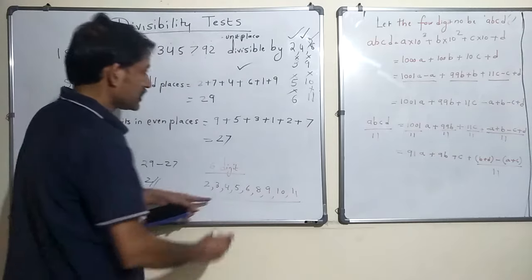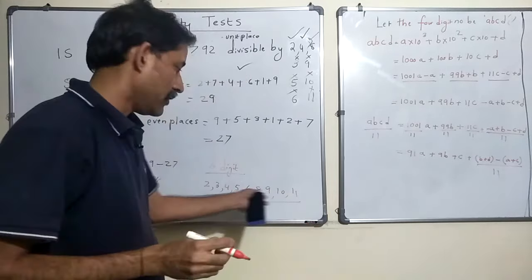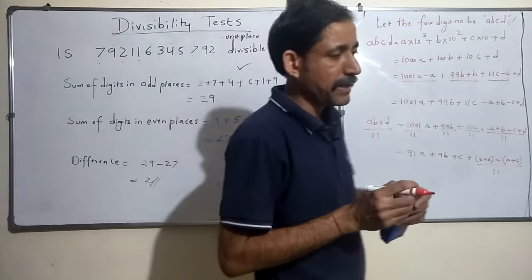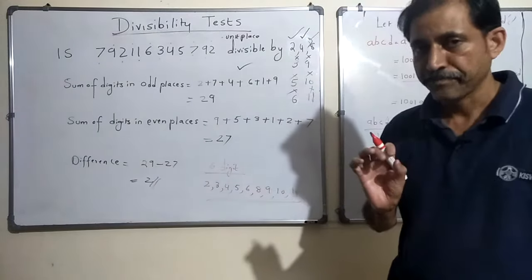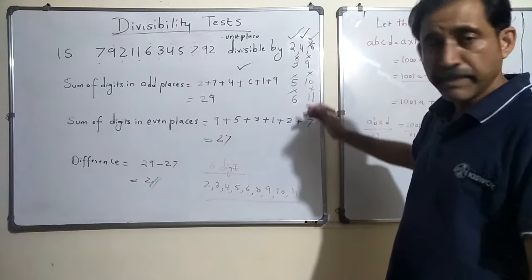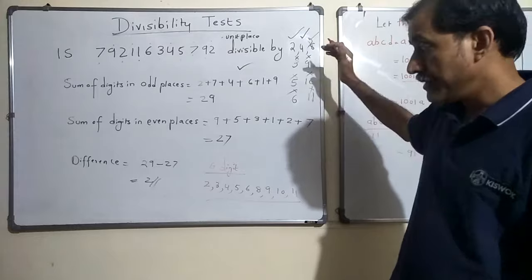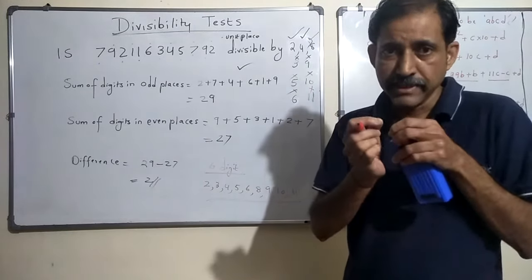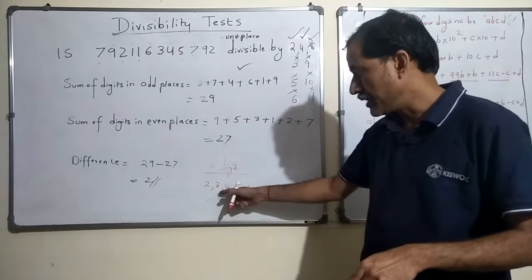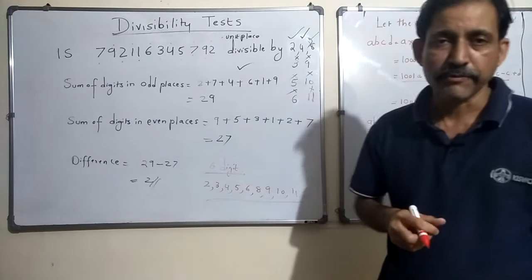Okay, so this is what we learned. Definitely there is a number which is divisible by all of them. The easiest way is to find out an LCM, but I don't want you to find out an LCM. I want you to use the divisibility tests that we studied here. Come out with a number, if it does not work, then you probably adjust the digits, make it divisible by 2, then 3, then 4. Just spend some 10-15 minutes and definitely you will come out with an answer.